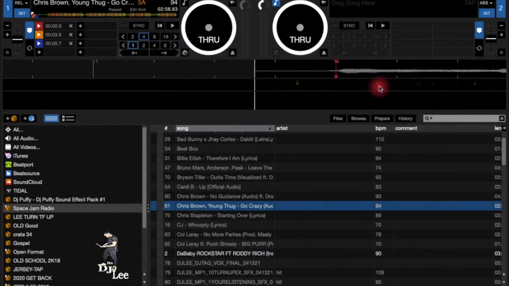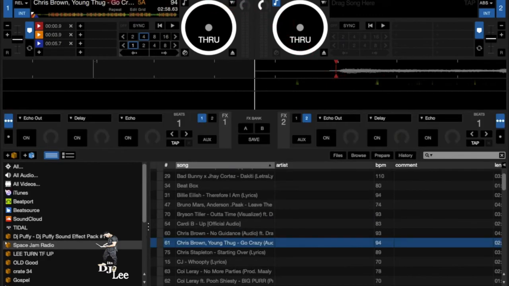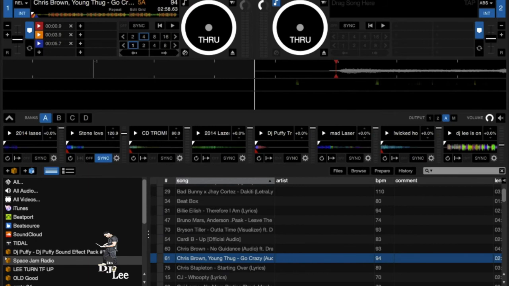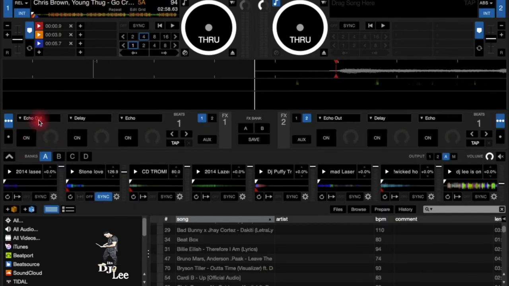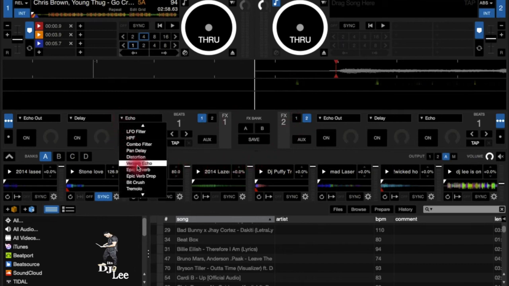Now, looking back at the top, we have your sound effects. You click on this button and you get all the cool sounds that this thing can make. You have your FX, echo, wow, delays, however you want to load them up. Your volumes for those, and which deck they will play through, 1 or 2. If I'm on the right side, I want to play these effects through 2, most likely. Or if I'm just playing a mix, I'll probably put them all on the same side. You can always change which effect is loaded up, cool things like that.